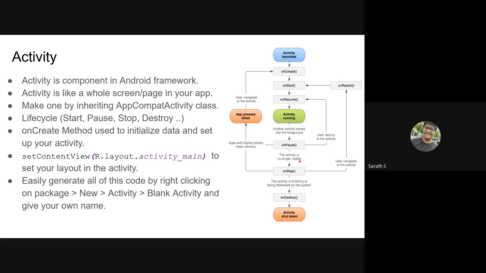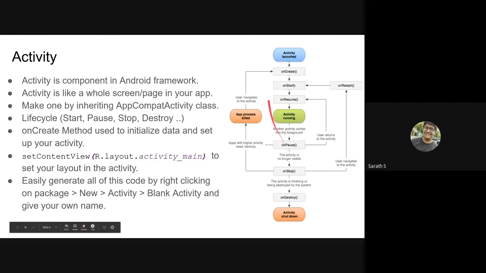So the next method is onStop. onStop basically occurs when you close an app, right? When you go home, without closing it on the app switcher. So onStop is called when you go home and you go to other apps and all. So it is no longer visible. That's when onStop is called. And then onDestroy is called when you completely close the app from the app switcher as well. So when you close the app completely, onDestroy is called, and the activity is shut down.